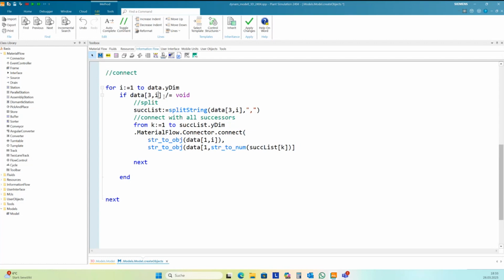Maybe this column is empty completely, and then we don't need to create any successors. And if this field is not empty, then I split this data. Okay, then that should be 4 here.